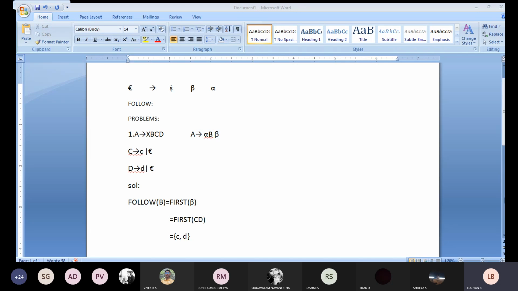Rohan, Sai, Pratima, Vivek, have you understood, or shall I explain this problem once again? Understood, sir. Okay, Sai, Pratima, Shreya, Vivek. Understood, sir. Complete this one. We will move to the next basic problem. Once you have completed, just inform me. Any other students, if you have any doubts, you can ask me. If you don't have any doubts, you can copy this problem. We will move to the next problem.